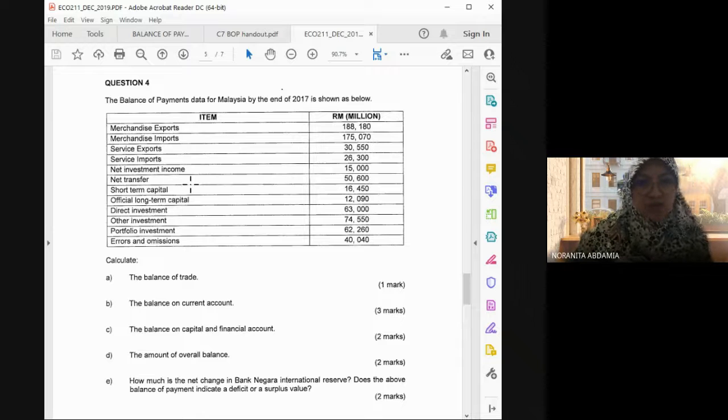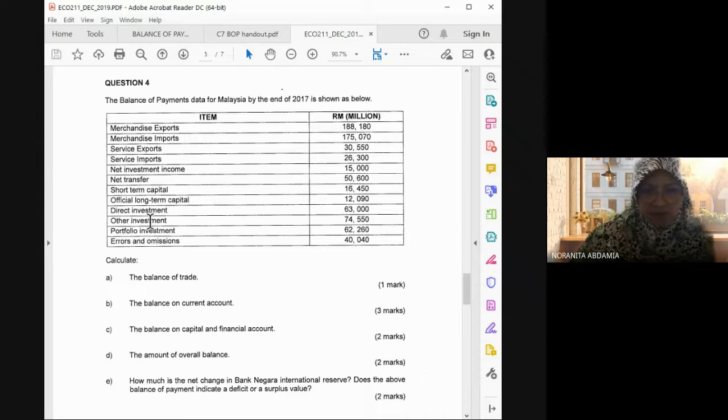Okay, so dash CA is still the current account, right? Short term capital, official long term capitalized. Once there is capital, confirm this is under capital account, because the name actually refers to the account itself. So just put capital account. Capital account. See, earlier for CA account it showed CPA, capital account. For example.